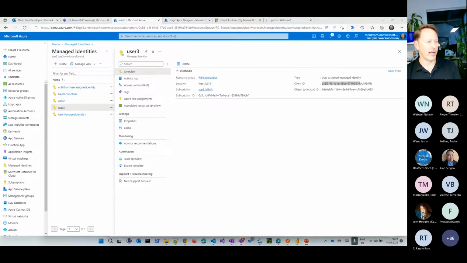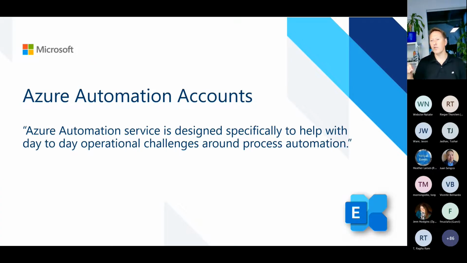Although this might be a little bit Azure, a lot of Azure, it's really important if you want to automate something, take care of the resources and of the permissions you're using and use modern authentication. With that, I want to come to Azure Automation Actions.